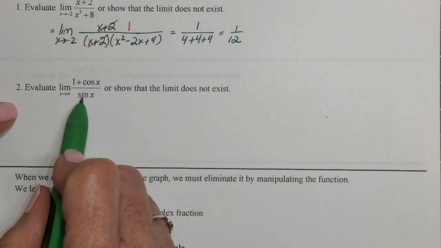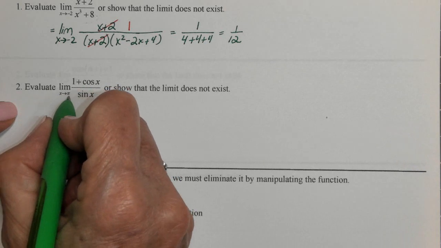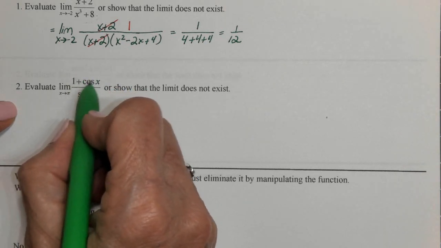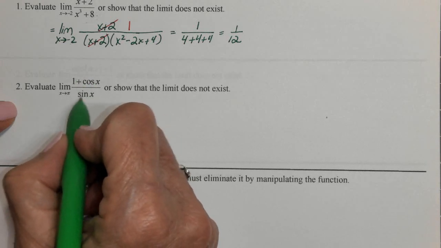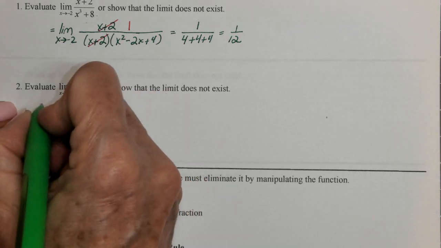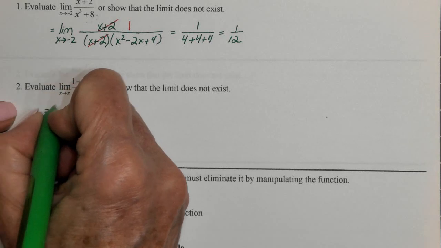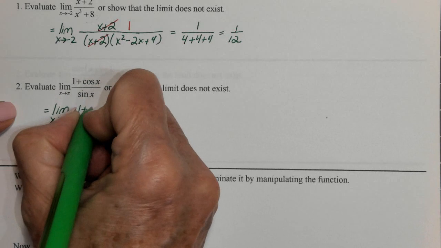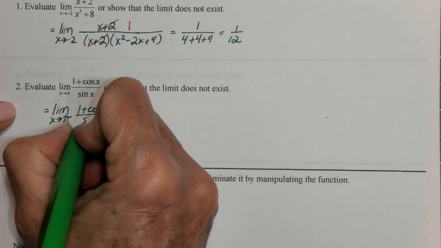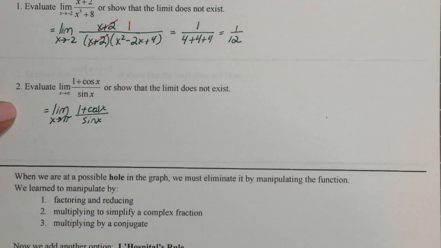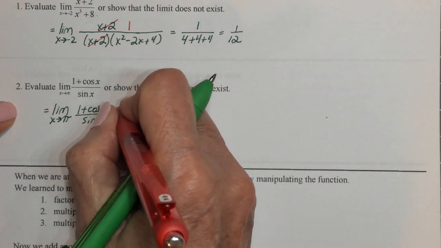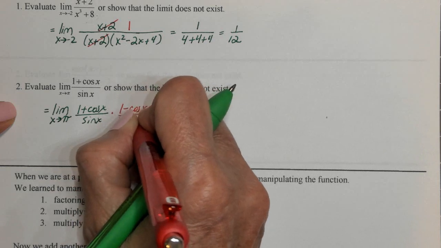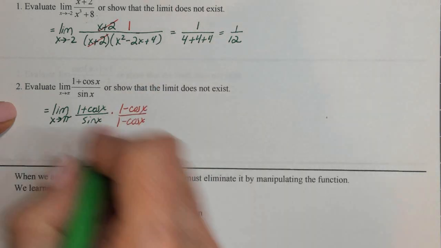Okay, for this one, x is going to pi. Cosine of pi is -1, so the numerator is going to 0. The denominator sine of pi is also 0. This is 0 over 0. So what would we do with something like this that does not factor? That does not factor, but I can multiply top and bottom by the conjugate of 1 plus cosine x,